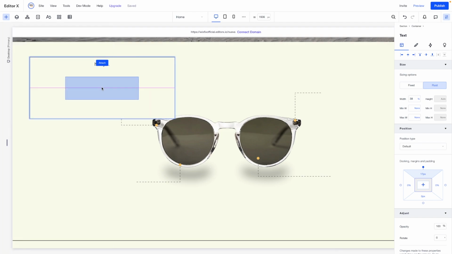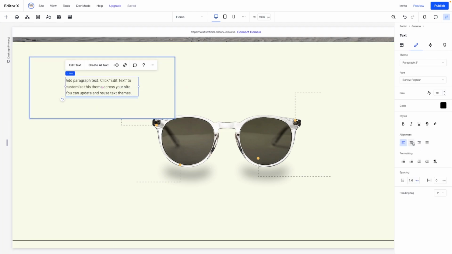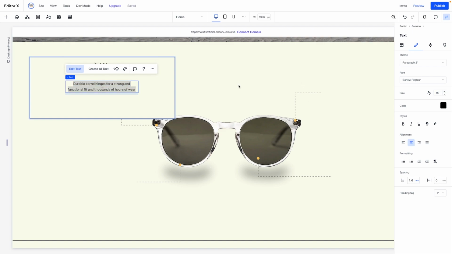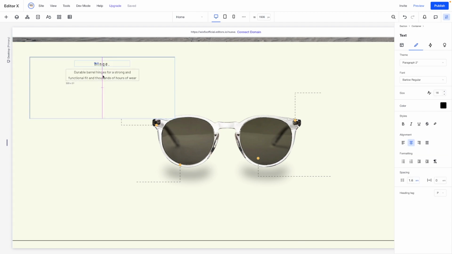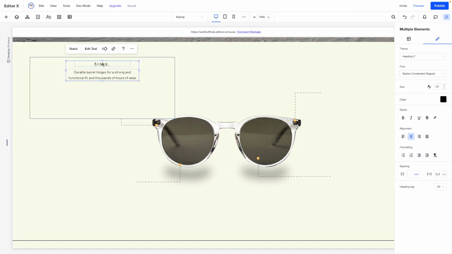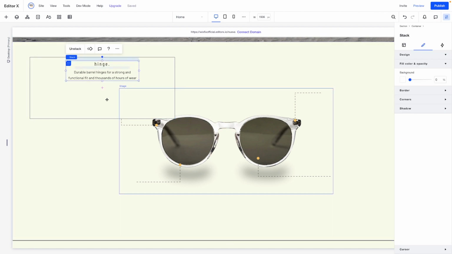Then let's add a paragraph element. We're going to want this paragraph element to be centered, and I'm going to paste in the text. And we're going to make this text around 16 pixels. I'm going to put these really close together. We'll grab both and we'll stack them. Then with this stack selected,